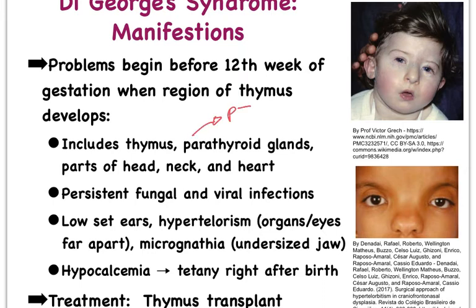And parathyroid hormone regulates our calcium concentrations in our blood. And so if we do not have enough of that hormone, we're going to suffer from something called hypocalcemia, too low calcium in the blood. And this can then result in muscle contractions or tetany,